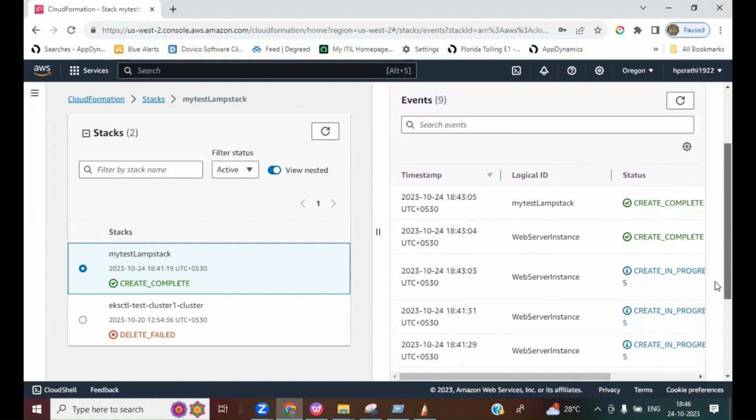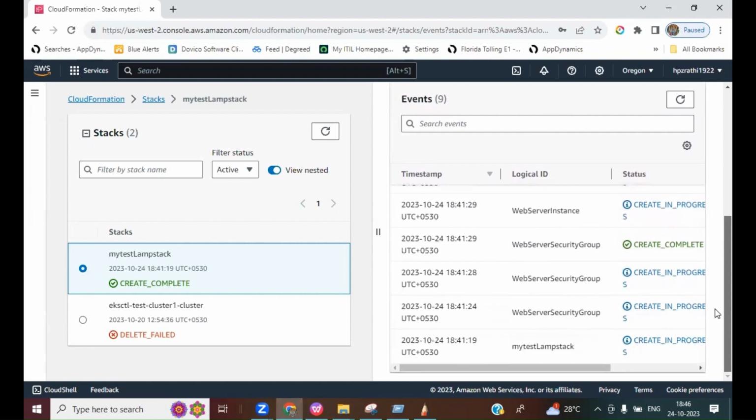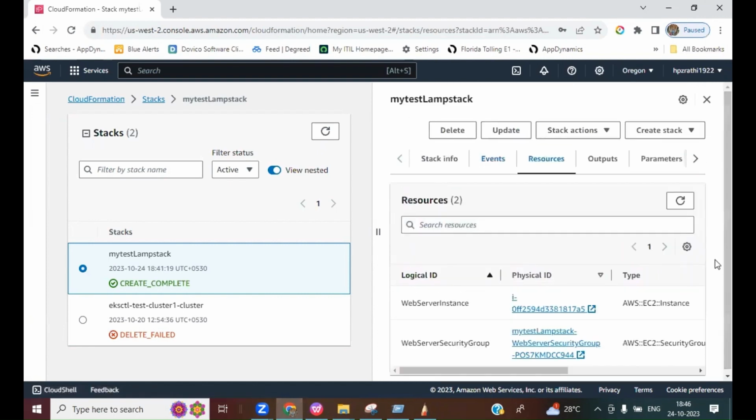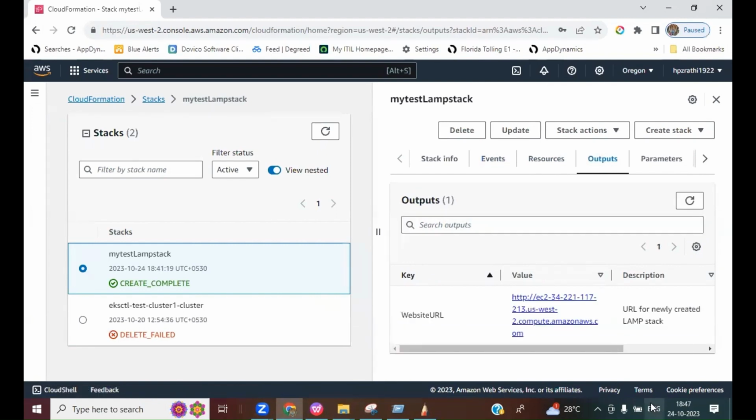You can see that there is a web server instance it has launched. There are some associated security groups it has launched. Similarly, if I go into the resources, it has launched an EC2 instance. This is our instance ID, and this is a security group associated with the instance. And you can see this output, as I was mentioning, it has automatically generated an endpoint to access our PHP